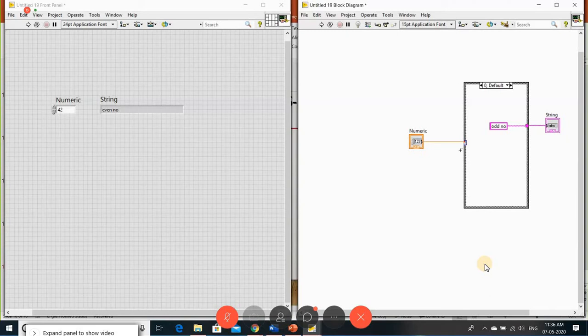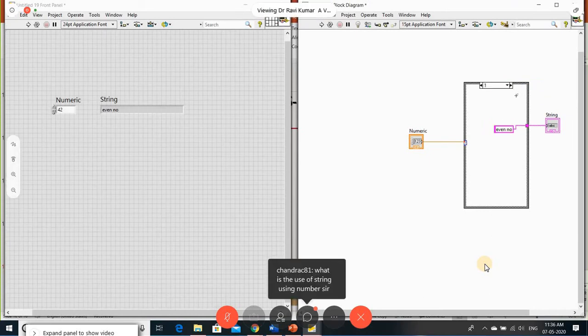Once you connect the numerical, the case automatically starts with 0 as the default case. In all switch statements, if it is not matched with any case at the end, it comes to the default case. So that is your default case and this is your 1.